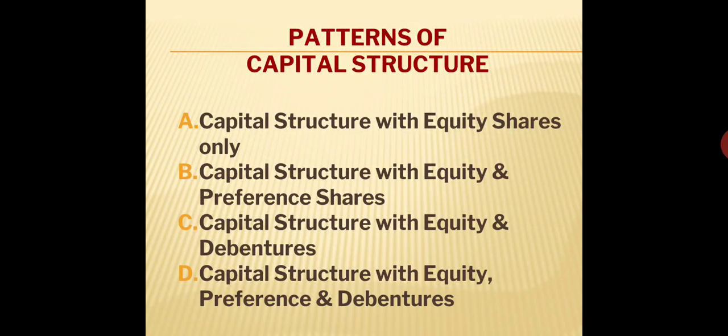Now let's see the merits and demerits of this pattern. The first one, it offers the benefit of trading on equity. Yes, definitely the organization gets the benefit of trading on equity. The main reason is that they are offering both types of capital to their investors. That is, equity capital is provided by the company, and along with equities, the company also issues debentures in the market.